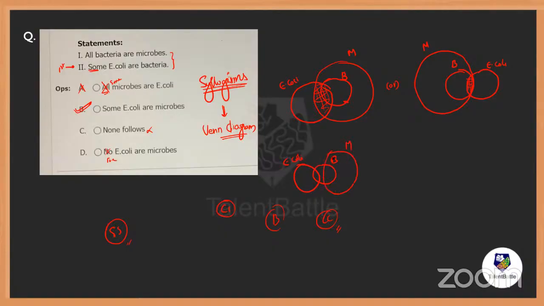Now, can I say this is correct, everybody? Mihir, you tell me. Can I say this circle is correct? All bacteria are microbes? No. What about this part? Have you included this part? No. There should be a connection between E. coli and microbes. Then only can you draw the bacteria and microbes. So this is the only diagram that is possible here. Is that clear, Mihir? I hope I answered your question. Without disturbing E. coli or bacteria, you cannot draw the microbe circle. So you are indirectly getting a relation between E. coli and microbes. They won't give it directly; you have to form it using the statements given.